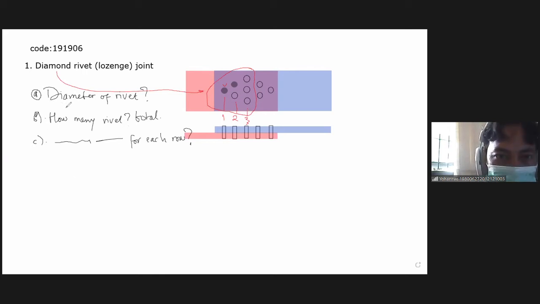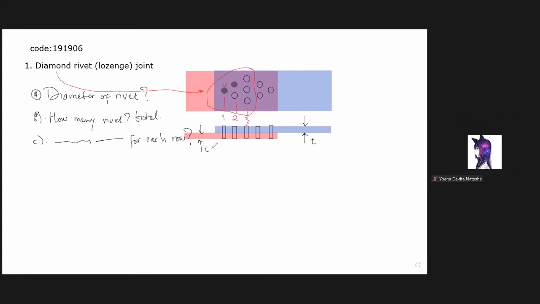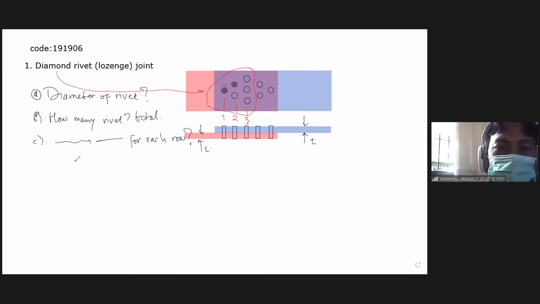So for the first question, what is the diameter of rivet that should be used if we know the thickness of the plate? Usually the plates have a similar thickness, the same thickness. If the thickness is known, then the diameter should be the thickness,